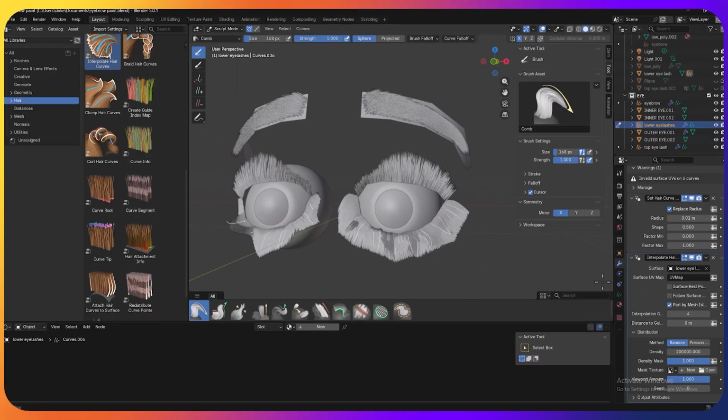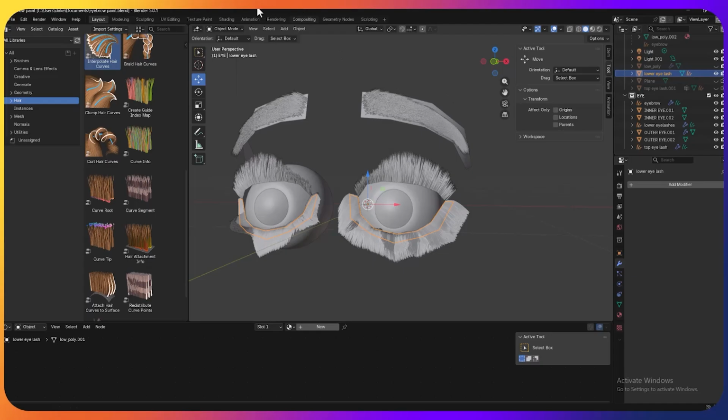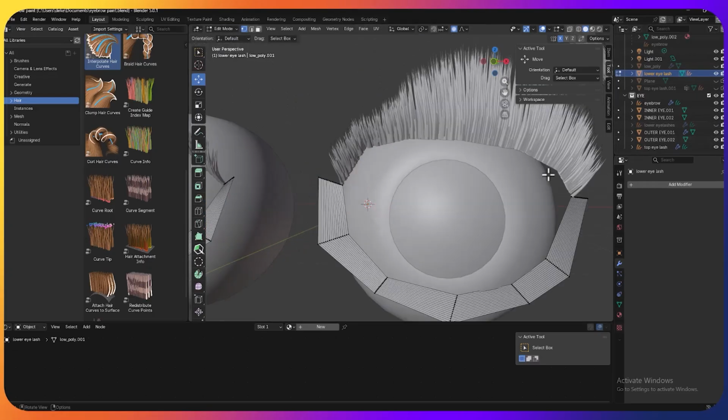So maybe we can come here and go to the object mode, and I select the lower eyelashes and try to create the vertex group that can control the number of the eyelashes. So I go to the edit mode, and let's make sure that for the lower eyelashes, you uncheck it,